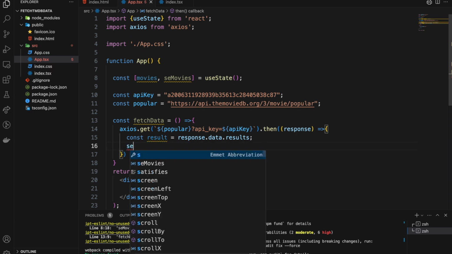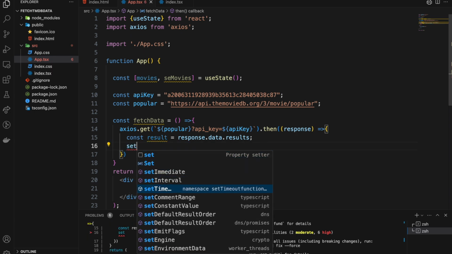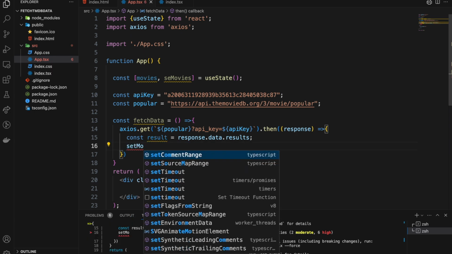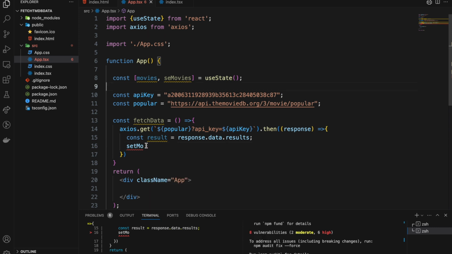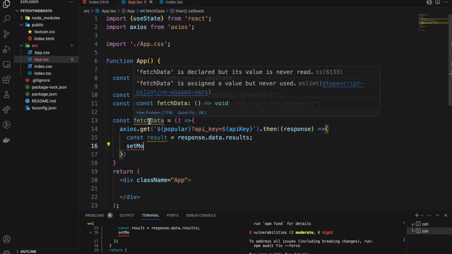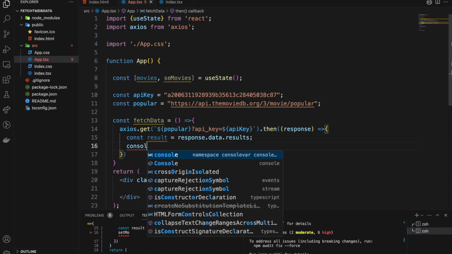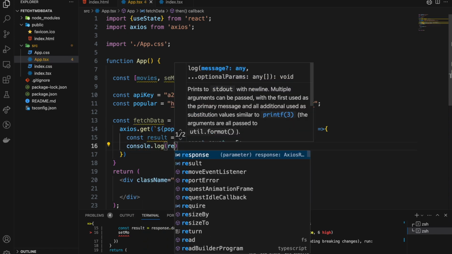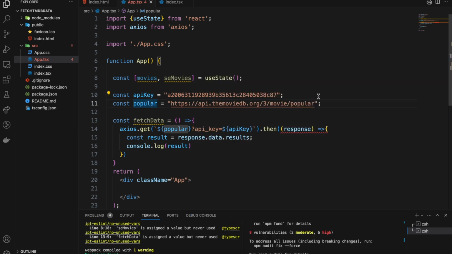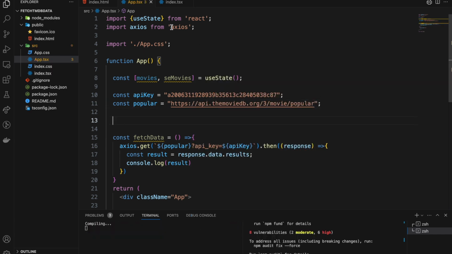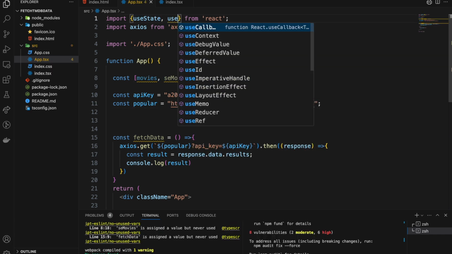Okay, what we will do is set const. So that's the function. Why am I getting this? The value is never read. Okay, the function is okay, my bad. So we're gonna console.log result, and then here we need the useEffect hook